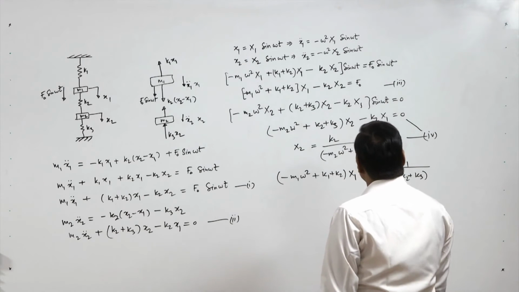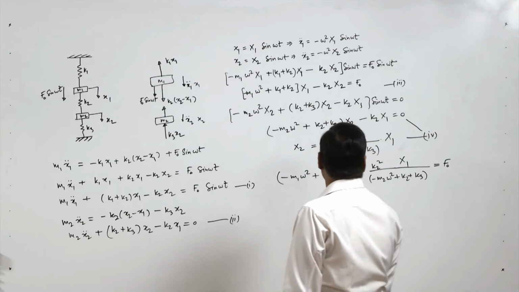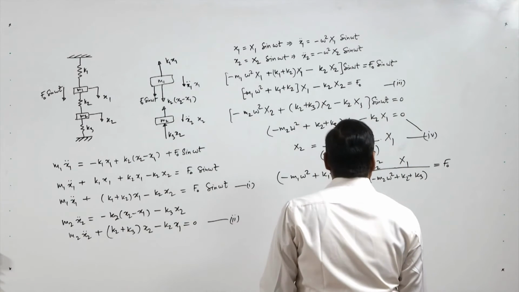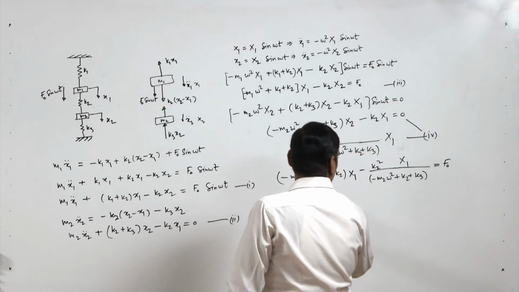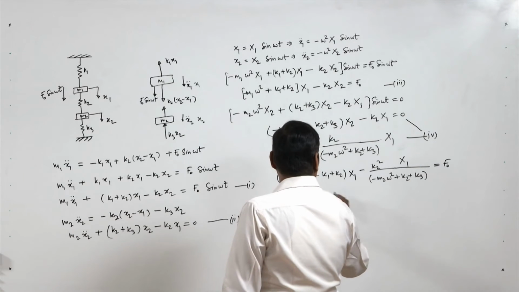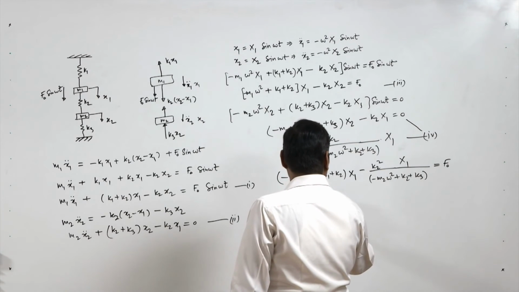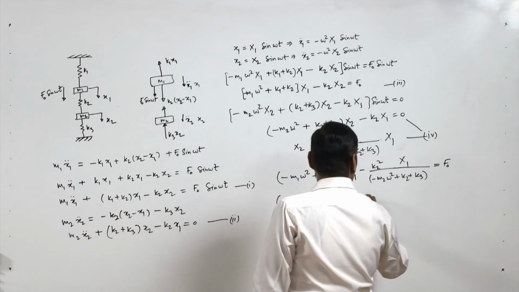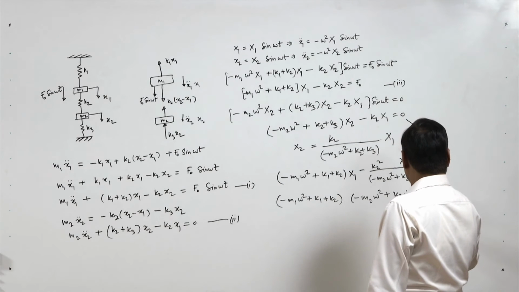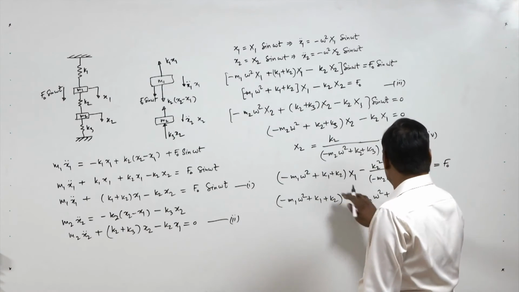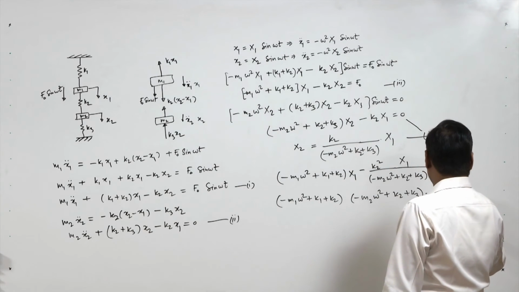We put here x1 equal to f0. So we solve this equation. So we can multiply here: minus m1 omega square plus k1 plus k2 and minus m2 omega square plus k2 plus k3, minus k2 square, equal to